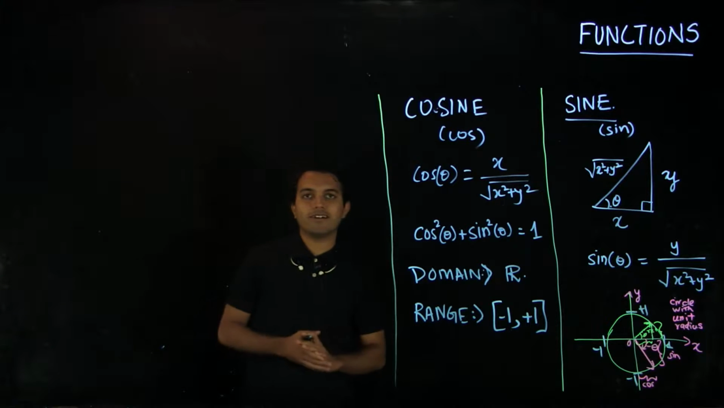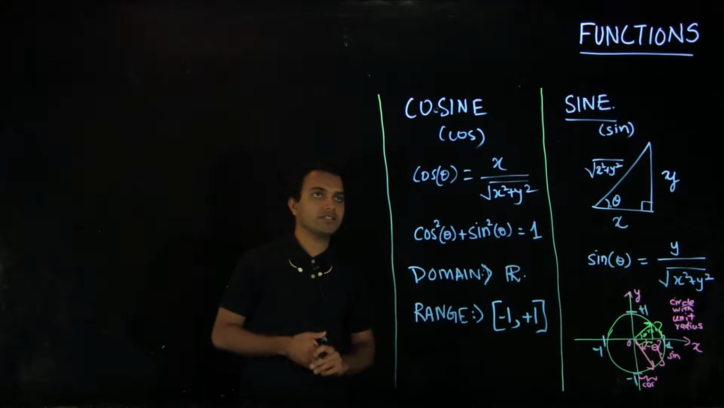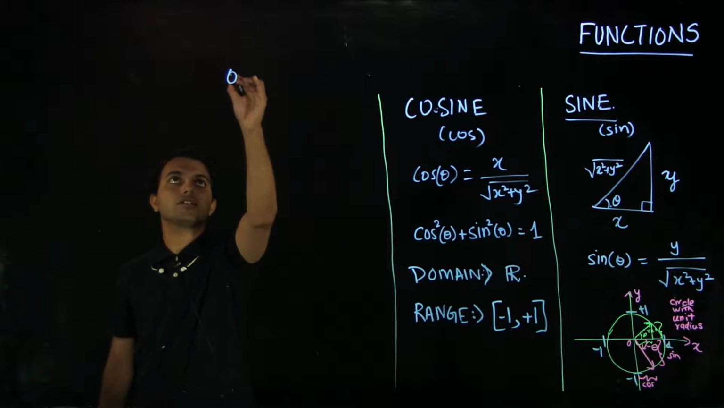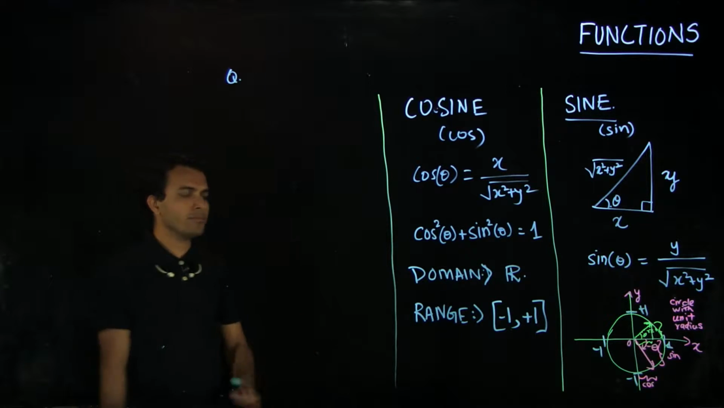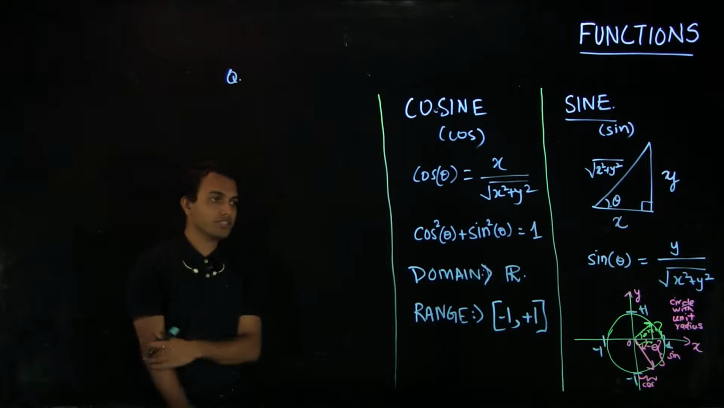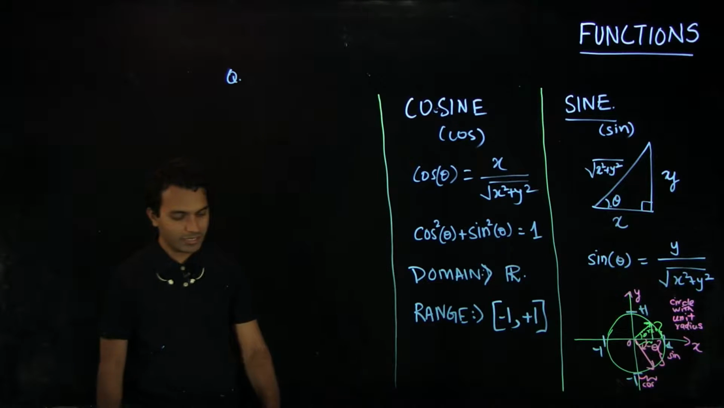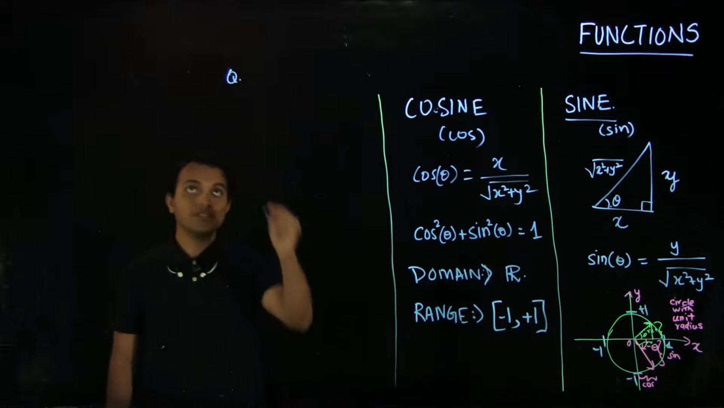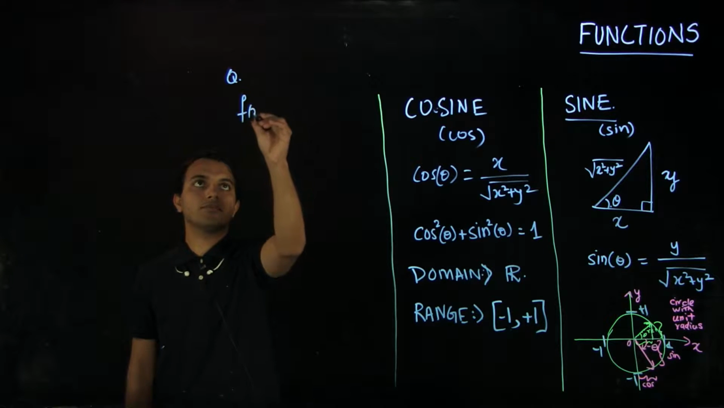So let's begin with a question that uses sine and cosine. We have already seen some simple questions using sine and cosine. This one is slightly complicated and from a previous exam. So let's say f of x is given as